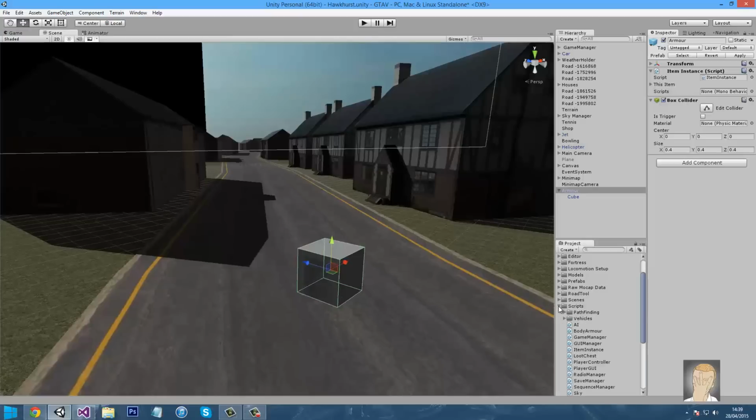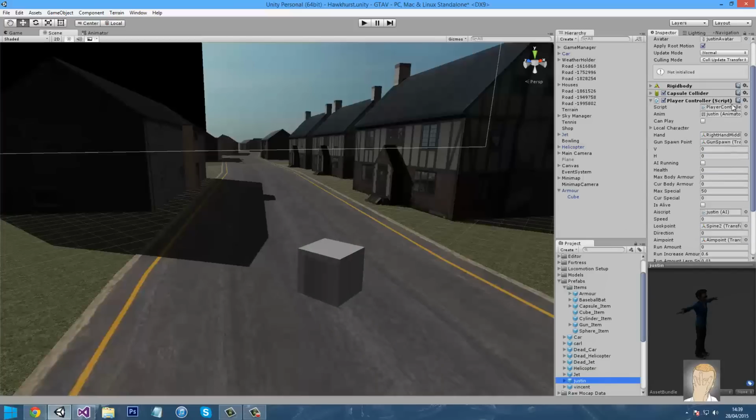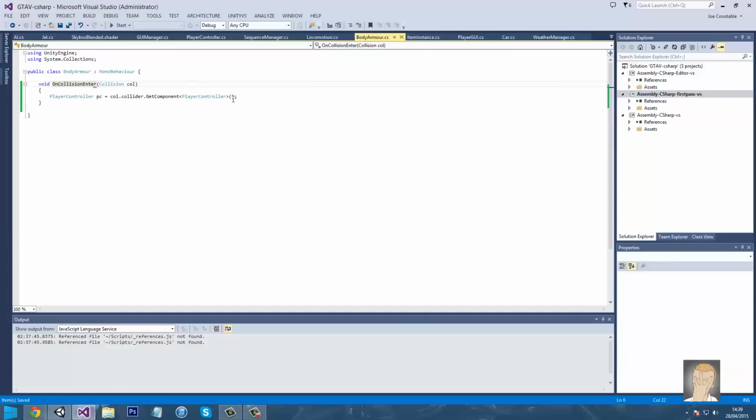If the player controller exists on the object it collided with, there's obviously a player, and then it can just add body armor. So if PC is not equal null, so if PC exists,